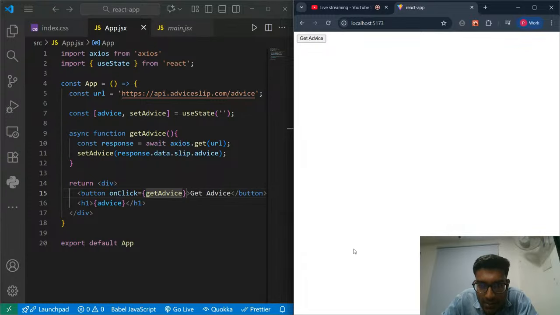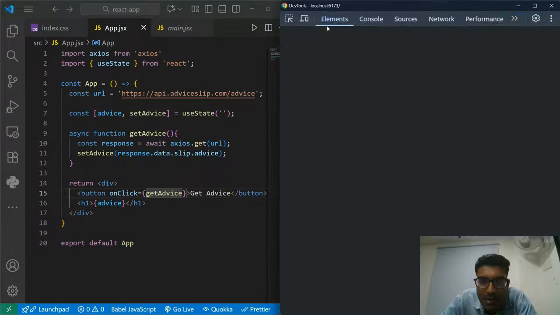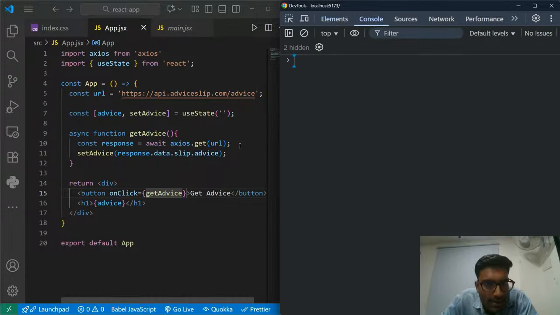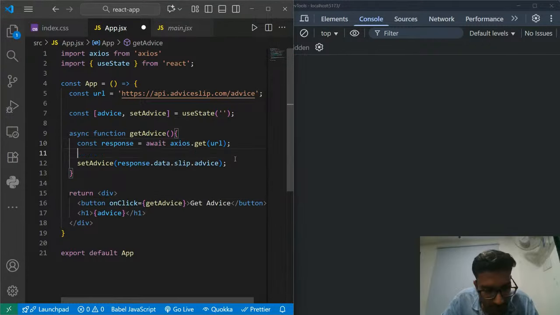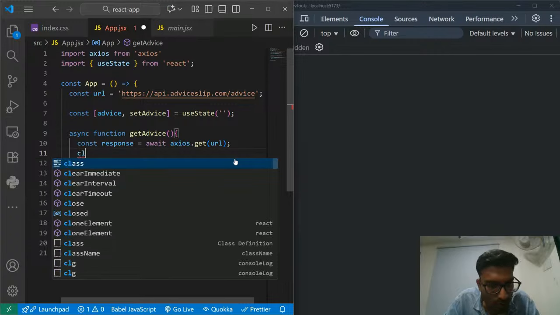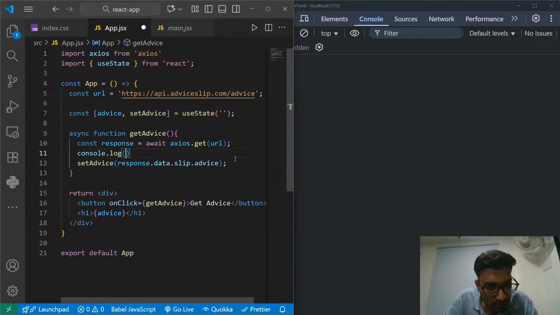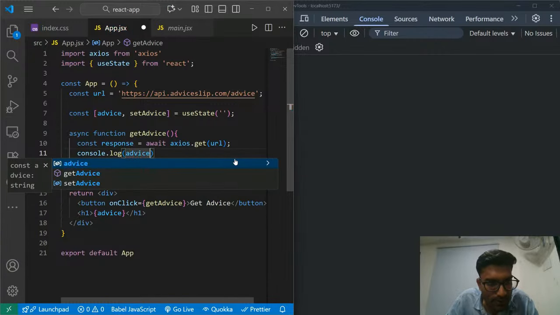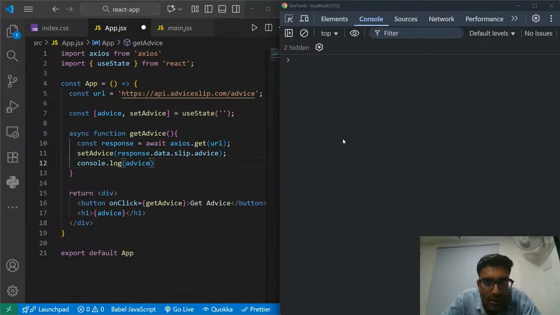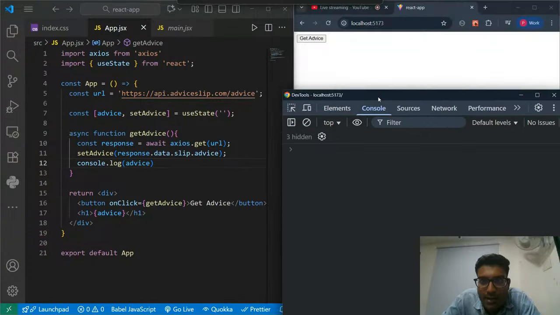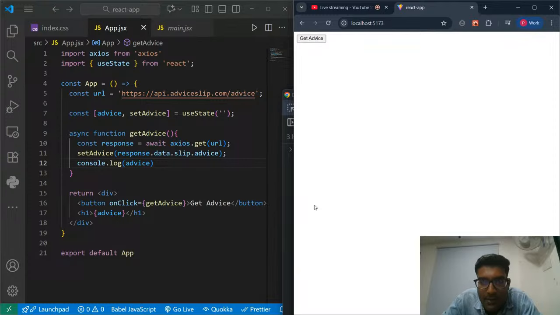Okay, let us inspect if we are getting any errors. Console, nothing is coming. Let us check it. So console log advice. Right, so once again I'll click on get advice.